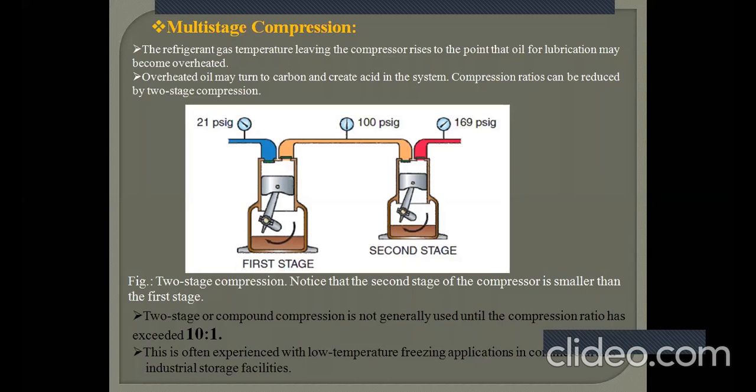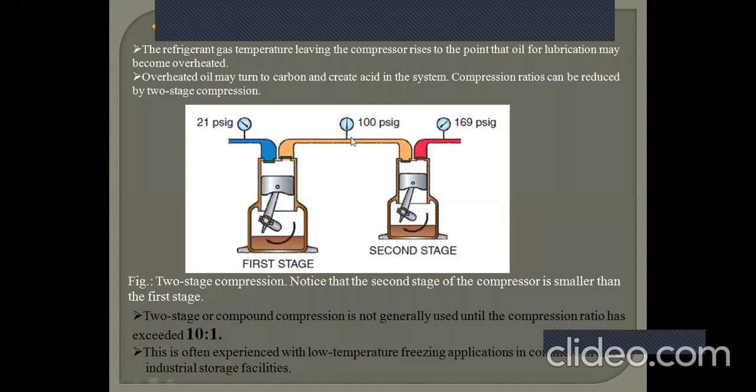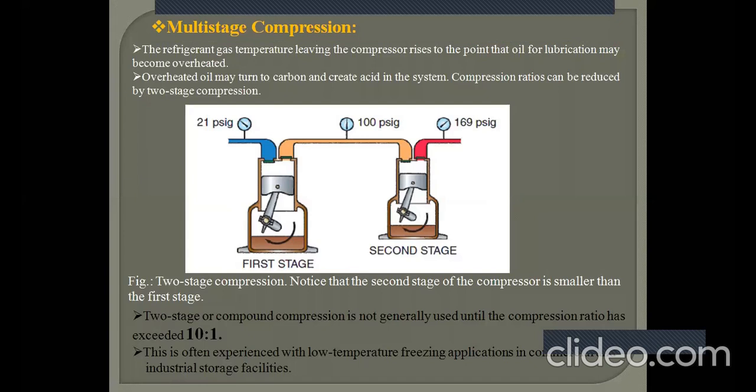So this pressure rise you can divide into two parts, first stage and second. As you can observe, the second stage is smaller than the first stage. The basic stuff is similar to that of the air compressor that you learned in applied thermodynamics. Because of multi-staging, you can have a lower temperature of refrigerant in between, which will help you increase the volumetric efficiency, and which may reduce the power, or ultimately it saves some work. Clear?